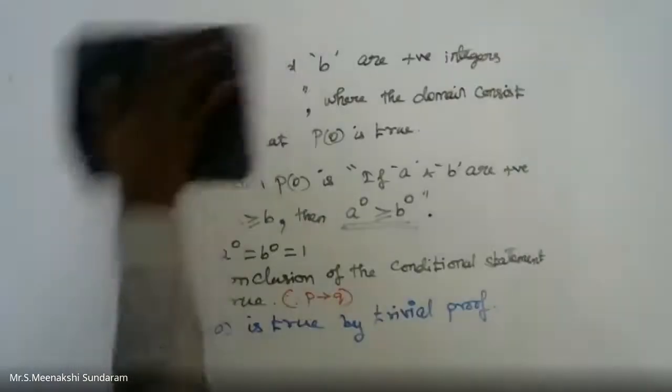Right, on to the next one. Very important. They are asking it for 8 marks also. That you can already study in your school, I think in 8, 10 or 11. Prove that square root of 2 is an irrational number by giving the proof by contradiction method. They can specify in the question itself to prove by contradiction method.